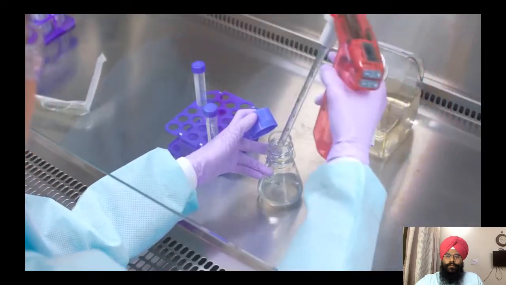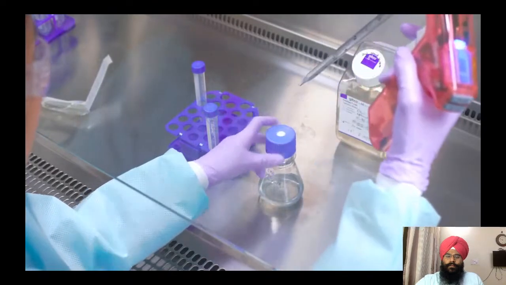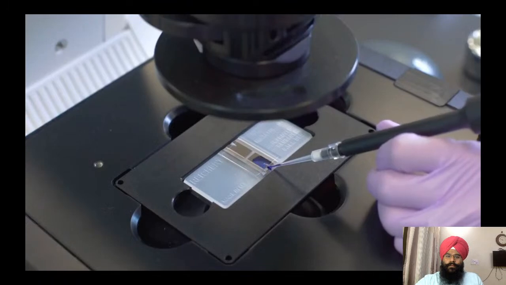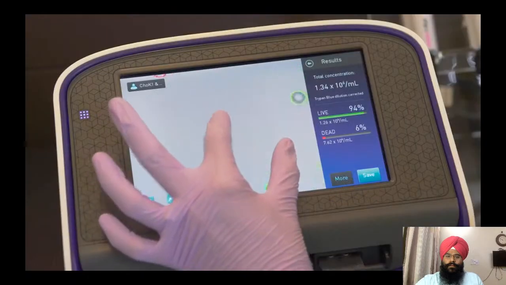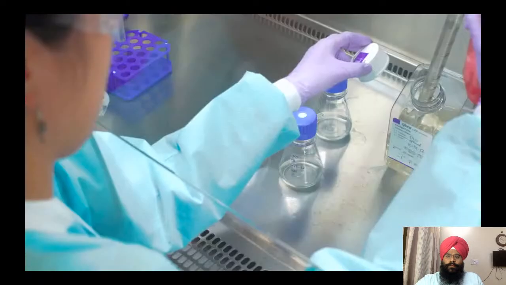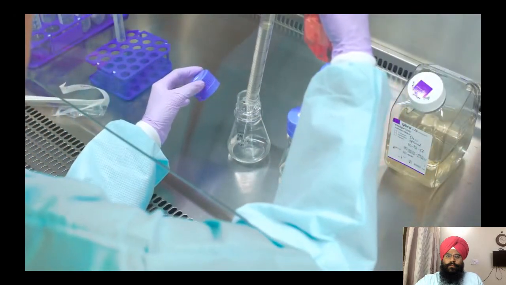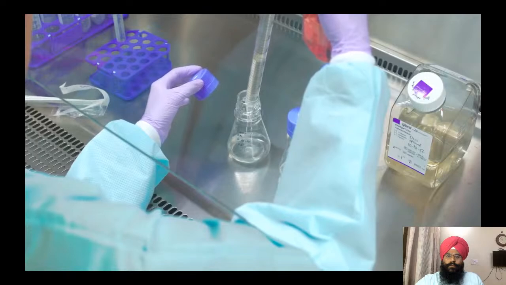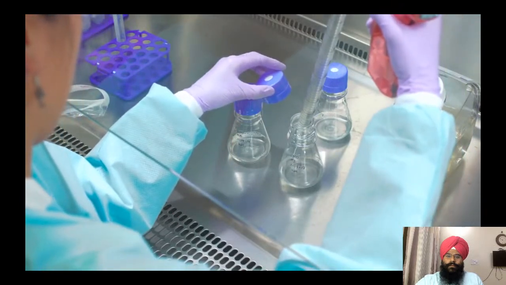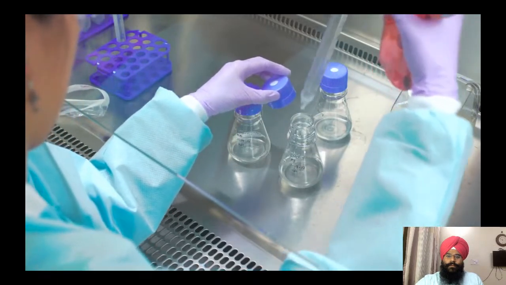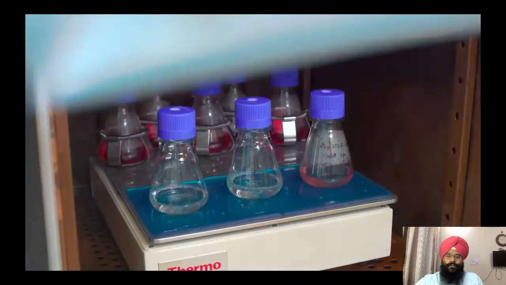When passaging suspension cells, you'll begin by removing a small sample from the cell culture flask for counting. You'll follow the same counting procedure as for adherent cells, using Trypan Blue and either a hemocytometer or the Countess automated cell counter. Based on your cell count, add additional fresh medium to the flasks. Stay within the minimum and maximum volumes. This is important to maintain optimal air exchange and shaking flow. You may need to split the culture into multiple flasks. Cap the flasks appropriately, depending upon whether they are vented or not, and return them to the incubator.